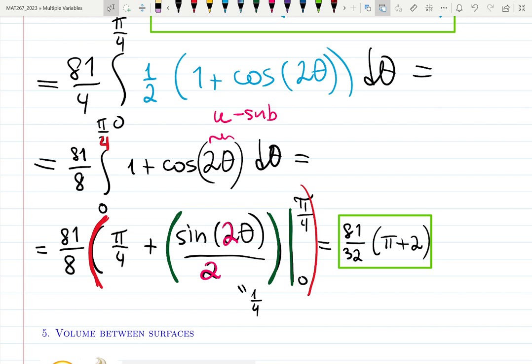Yes? So when you plug the pi over 4 into the sine 2 theta, it turns into sine of pi over 2, right? Which should just be 1. So why is it 1/4 instead of 1/2? Yeah. And my notes, it is